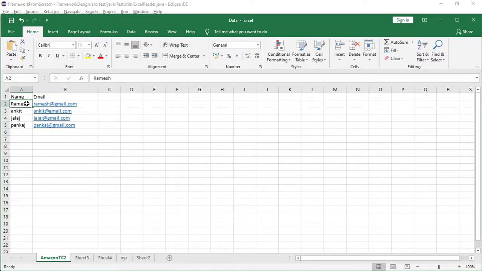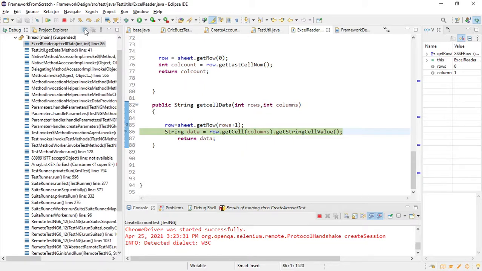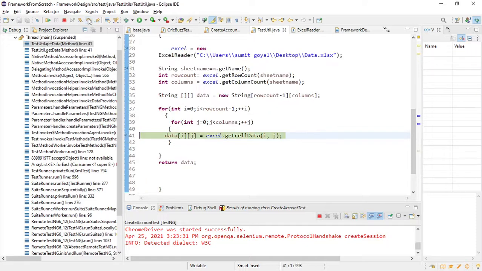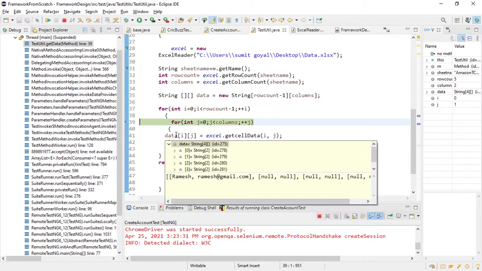So it is at 0, 0. Sorry, it will be 1, 0. Now it will be 1 and 1. So if I want to get index 1, I am saying get me the value present at index number 1. Now this will give you the value. The value will be email. So if you see, email of Ramesh came here.